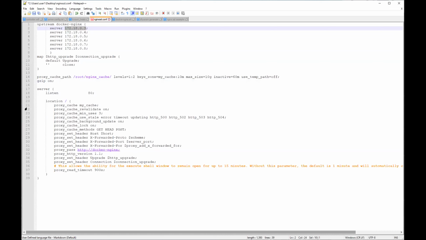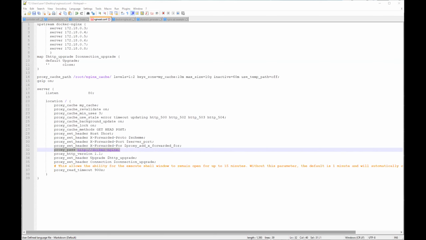This is how Kubernetes does things, but let's forget about it for a second. So we can use IP addresses for the matter of convenience. We create an upstream called docker-nginx. This is important because through this upstream you're going to call your proxy pass. So when you assign proxy_pass http through docker-nginx, all the traffic that goes through your web server is going to first go through a proxy container, and it's going to be load balanced between all of these containers using these parameters for load balancing. So connection upgrade, using round robin by default.